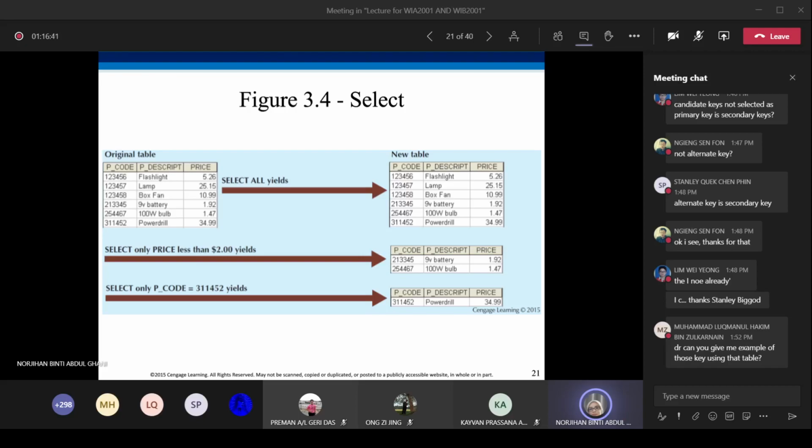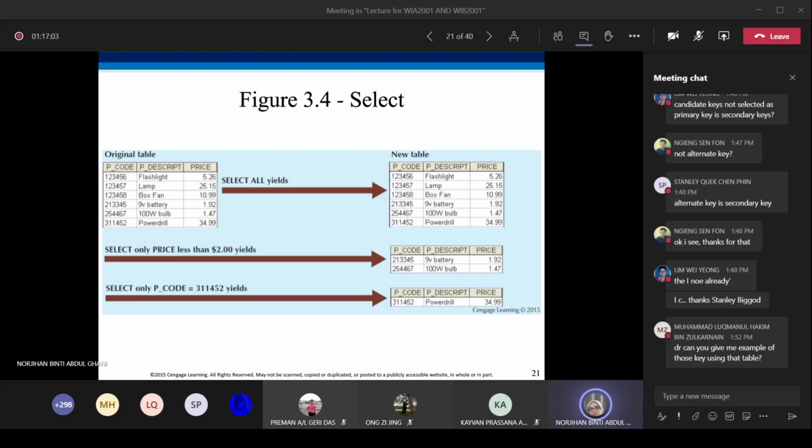Here we only want to display rows with a price of less than 2, which are the product codes 213345 and 254467. So these are the outputs for the select operator.